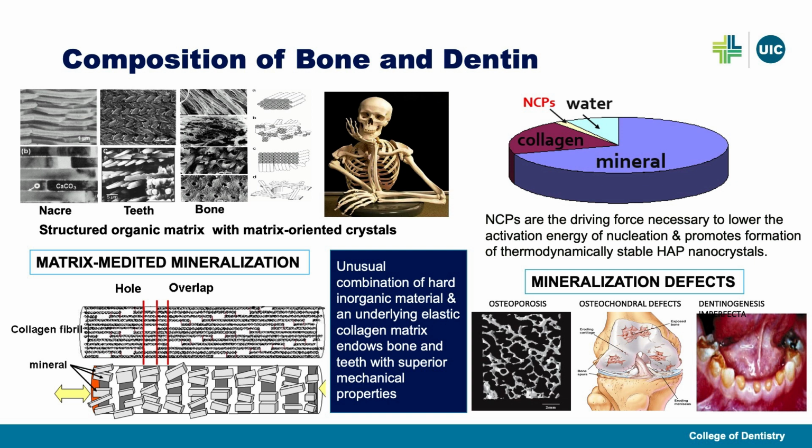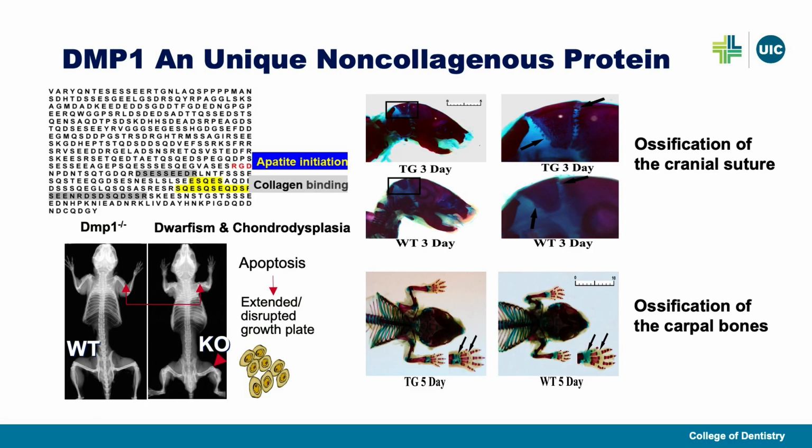So it is this unusual combination of hard inorganic material and the elastic collagen matrix that gives bone and dentin its superior mechanical properties. Disruption or mutations in either collagen assembly or the non-collagenous proteins lead to several defects like osteoporosis and dentinogenesis imperfecta. In the search for the NCP that was responsible for calcified tissue formation, we identified a protein